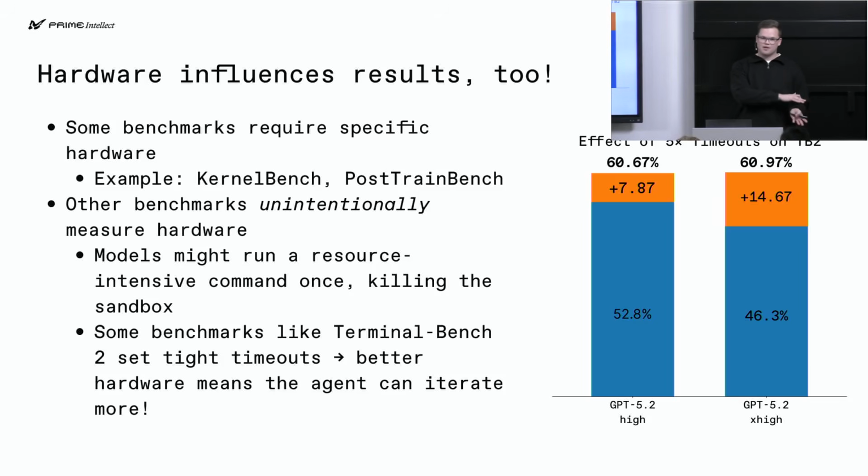Or if you have worse hardware where the sandbox runs, your commands take longer to execute, so the model has less time to observe the results and to improve its score. And someone ran GPT 5.2 and found out, or initially used the timeouts that the evaluation creators set, and their score of the higher reasoning effort was lower than the lower reasoning effort. So they increased the timeouts by 5 times, so basically gave the model enough time to solve the task. And afterwards, they had scores which reflected that models are at least on a similar capability level. So here we got a 15% increase in absolute terms by just giving the model more time or better hardware to execute, which also, again, influences our